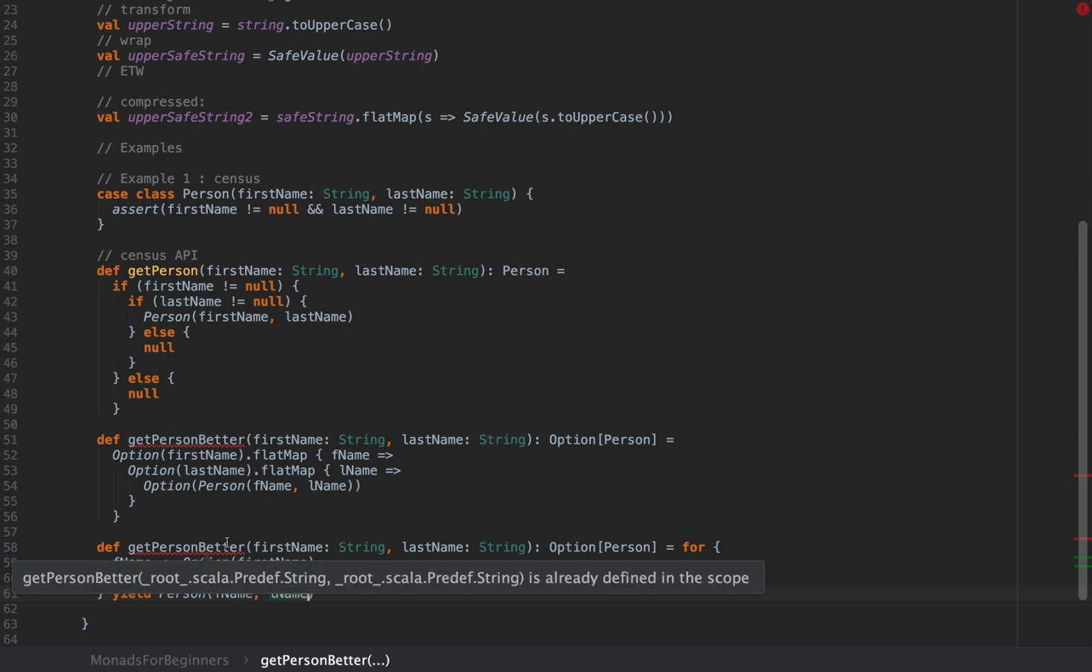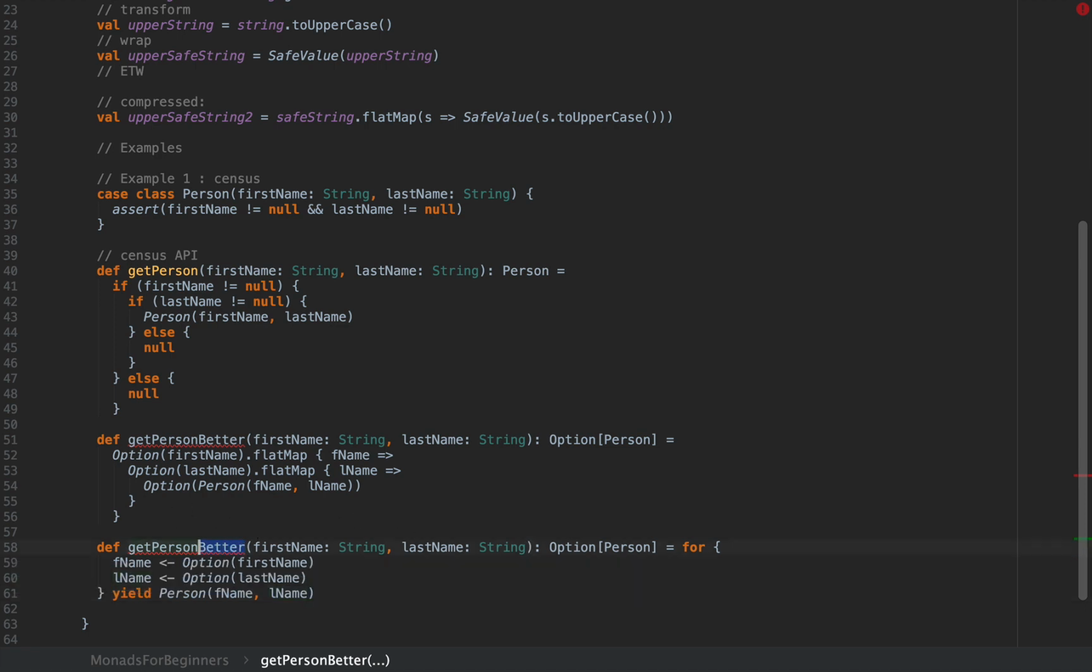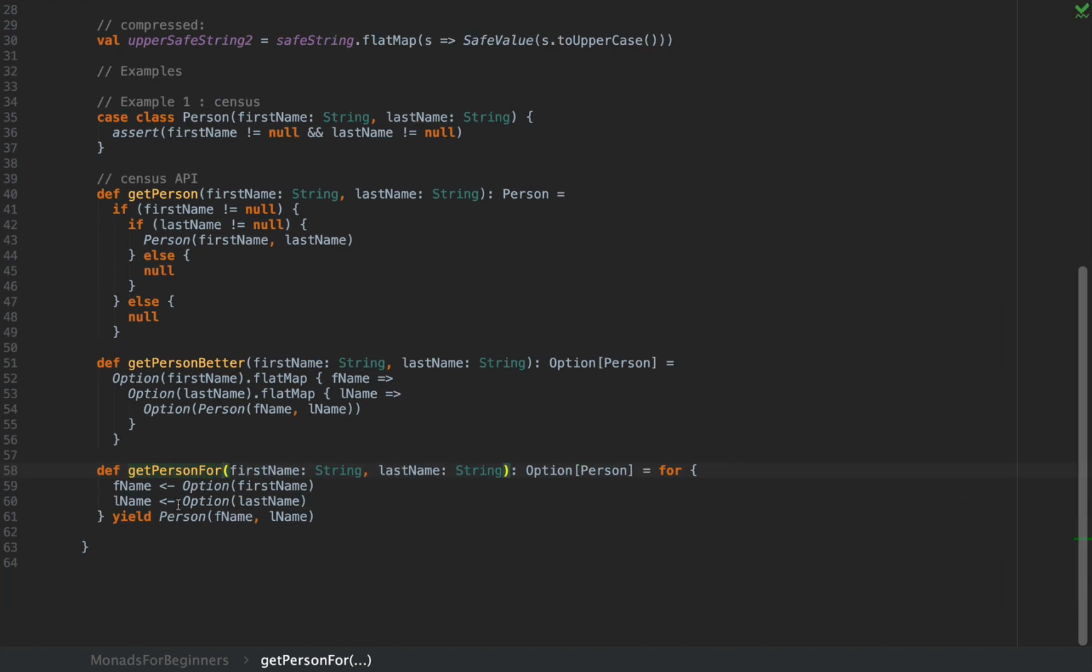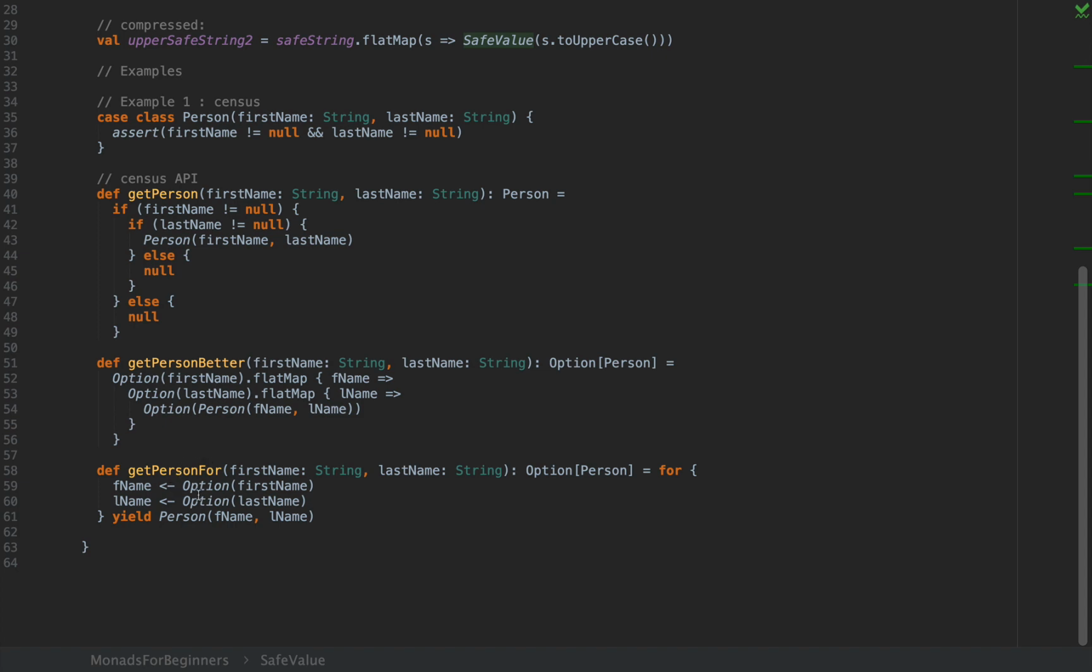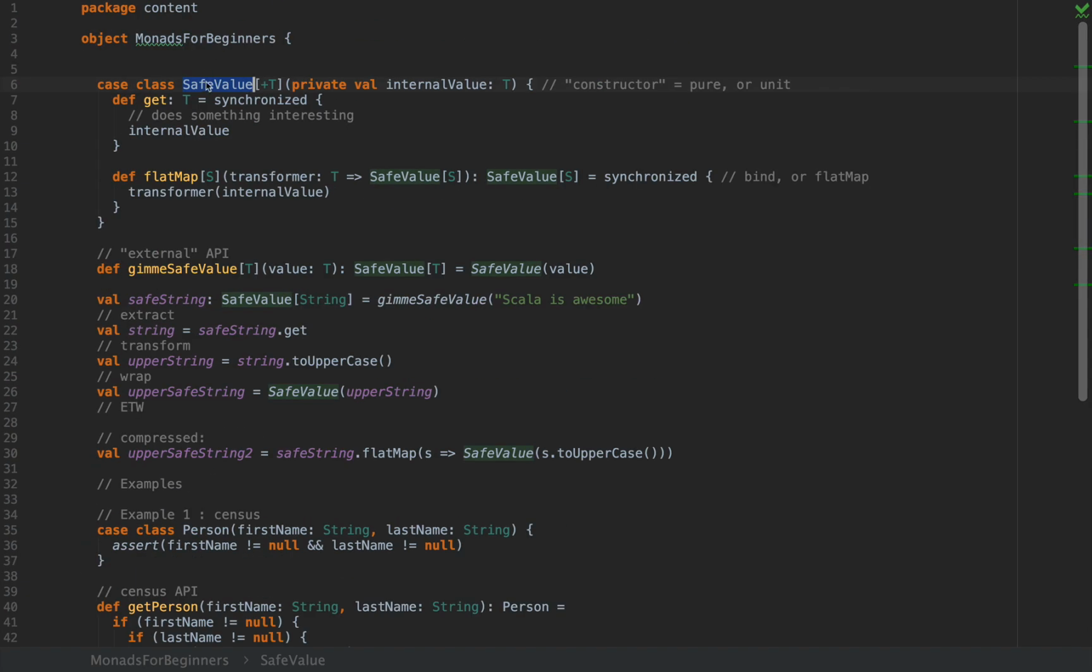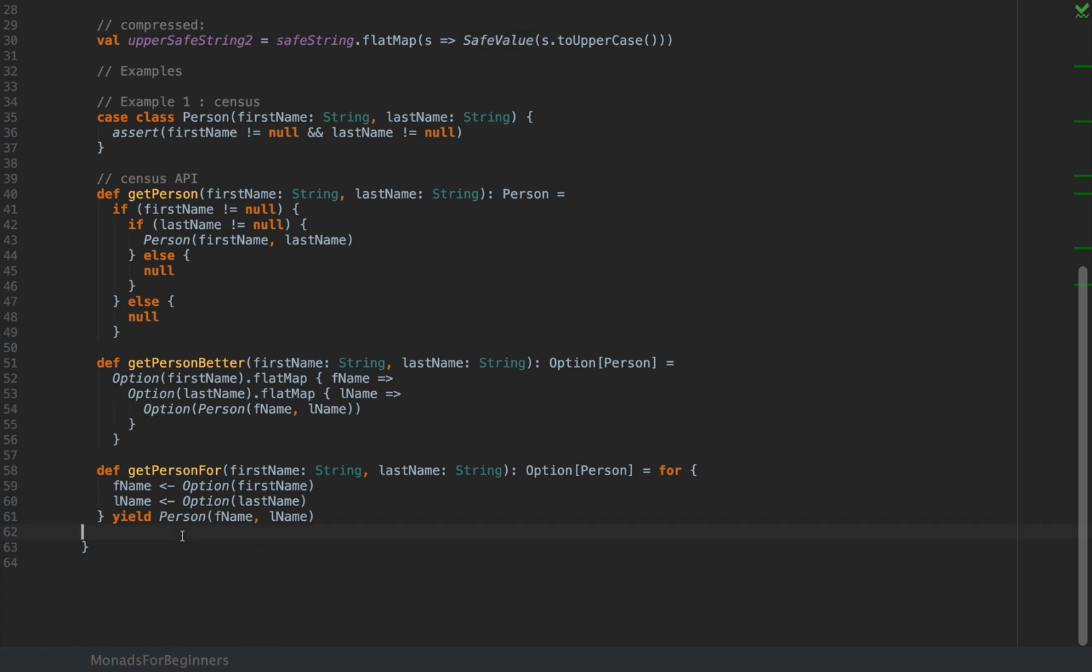Okay, I'm going to name this function getPerson4. And notice that this code is much easier to read because you don't have any more reason to do the null checking yourself. You just delegate the null checking to the Option type. So the null checking logic is the interesting part of options, much like thread safety was our interesting part with Safe values. So notice that we have an analogous situation with our options as we had with our usual Safe values. All right, cool. So this was example number 1 with census, which